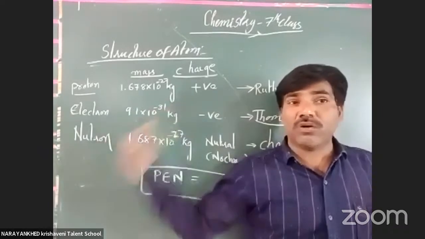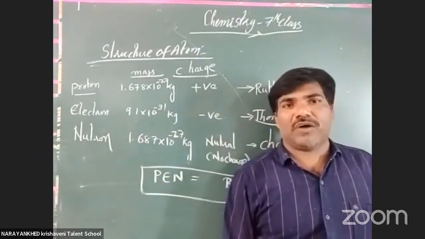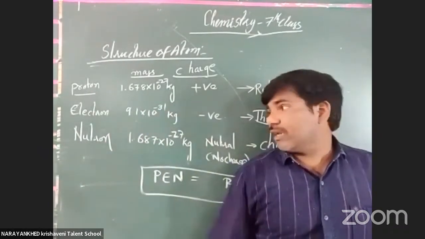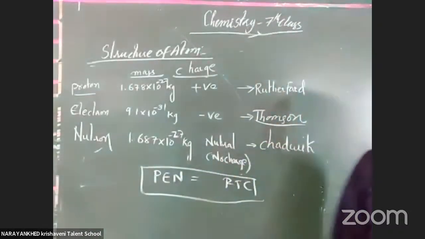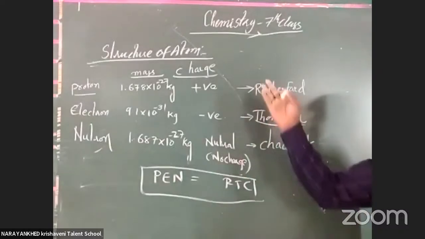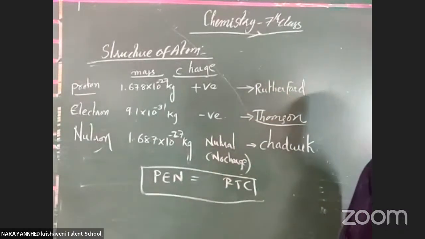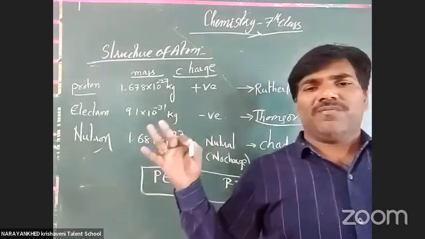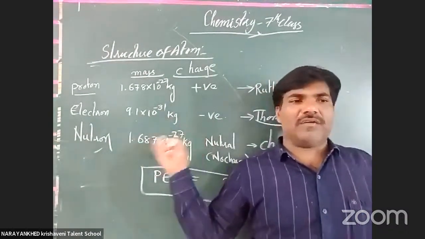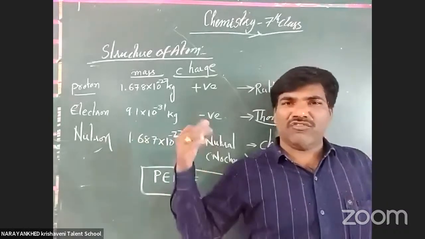there is one neutral particle inside the atom. The name of that particle is called neutron. In this way, they considered all this for the structure of the atom. They took these as fundamental particles. Till now, these are not the first particles to form an atom. It's a very big story.